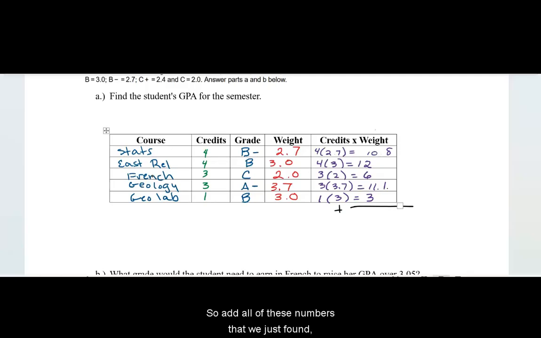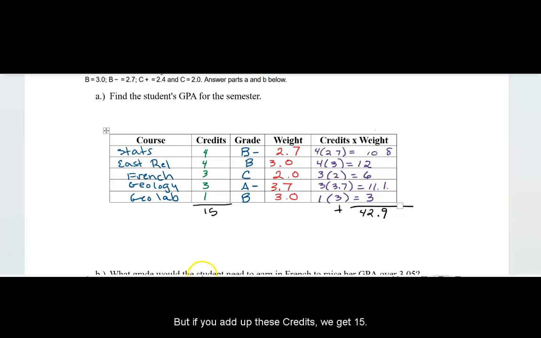And we should get 42.9. Okay, so I'm going to go over here because the question was, what is the GPA? The GPA is going to be, oh, and how many credits altogether? It already told us, but if you add up these credits, we get 15. The GPA